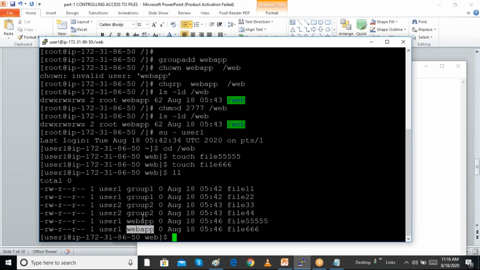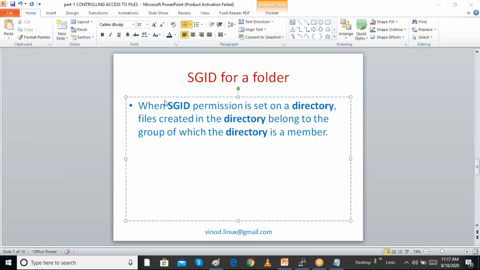Whoever creates a file in this folder, even user 2, the group will come as web app. When the set group ID permission is set on a directory, files created in the directory belong to the directory's group.